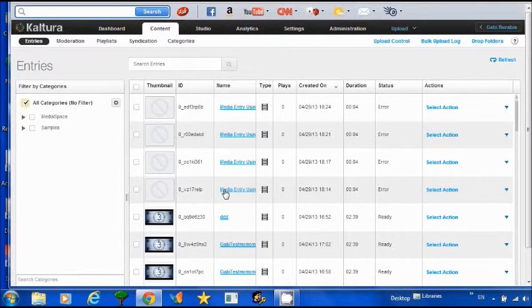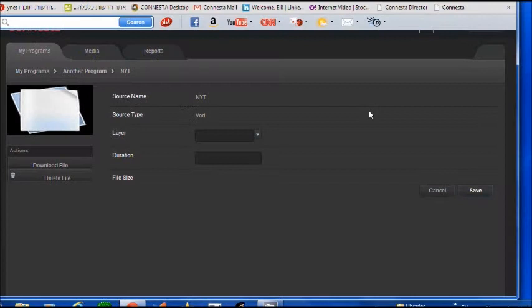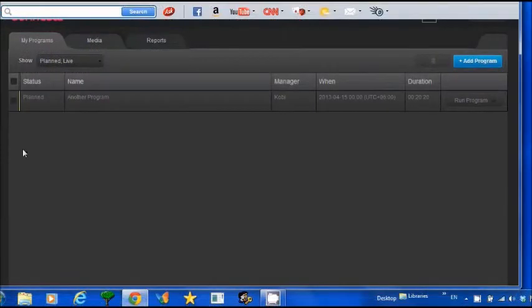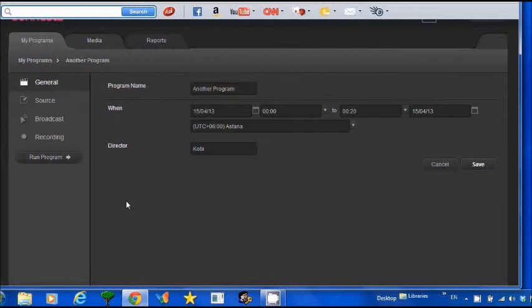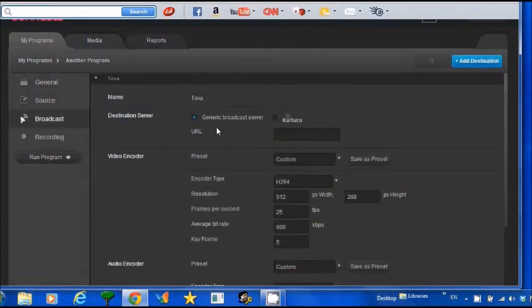Selecting one of the files automatically starts a download to get it into Connesta. Once we've downloaded it, it's in the Connesta Cloud control room. When the program starts, it's ready to be used by the director. Once we've defined all the sources of the program, we follow up by defining other parameters. For instance, we have to define where to broadcast the program. It could be a generic broadcast server where we put in a URL, or it could be a Kaltura server